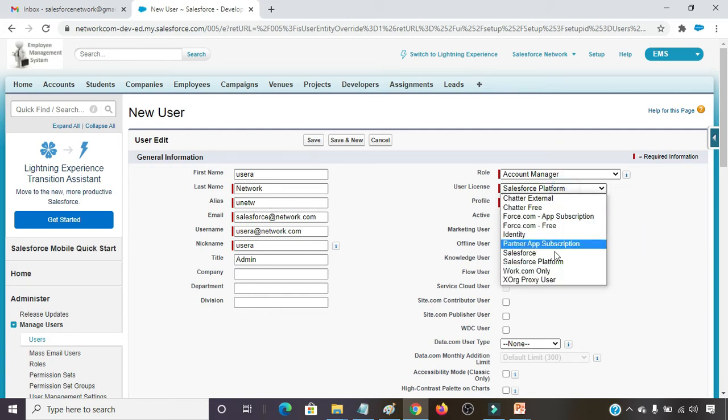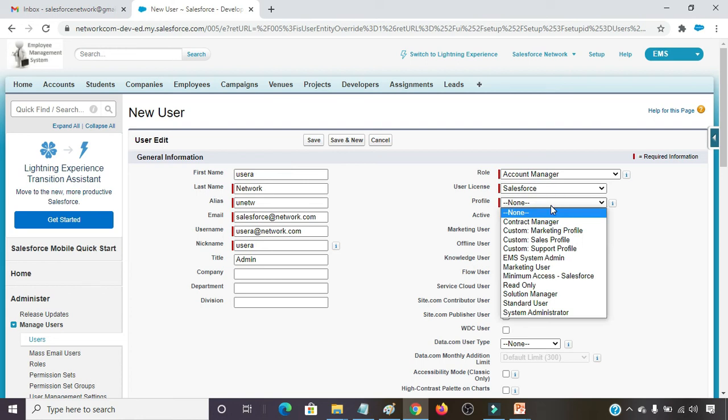If I go with Salesforce, then different profiles come over here: contract manager, marketing profile, sales profile, support, EMS system admin, and system administrator. So many things are coming.